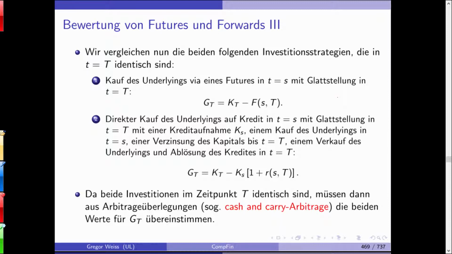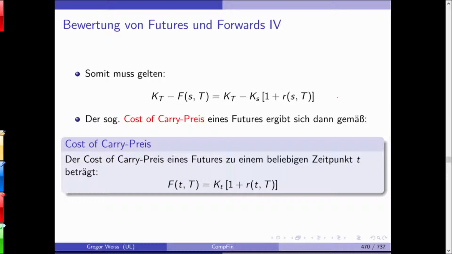Both are identical at maturity, so both should have the same price in an arbitrage-free market. So we are not allowing what we call a cash and carry arbitrage. Very simple idea. So we can set this equal to this. If we do this on the next slide, and if we rearrange it, we'll get this. The so-called cost of carry price of the future or forward. The cost of carry price of the future is just what? The current spot price times 1 plus r. And the interest rate is now the accumulated interest rate or the average interest rate, but it's simply an